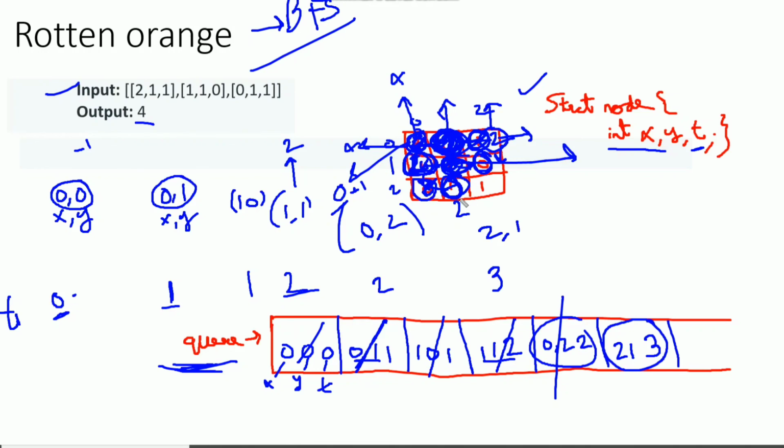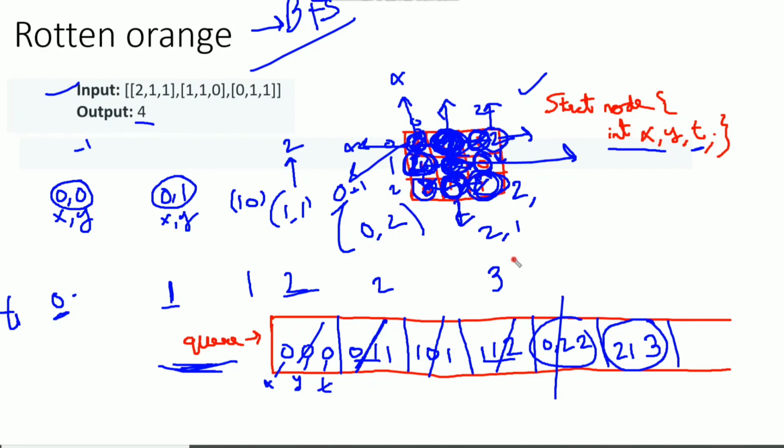Now if we go down, we cross the boundary of the matrix. The only direction left is right, and while moving right we encounter a cell having value 1. It means convert it to value 2, and this location's time will be the current location time plus 1.